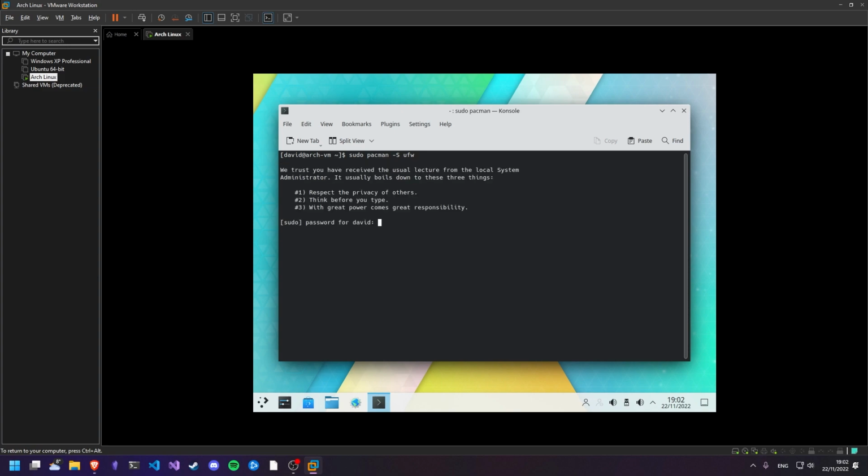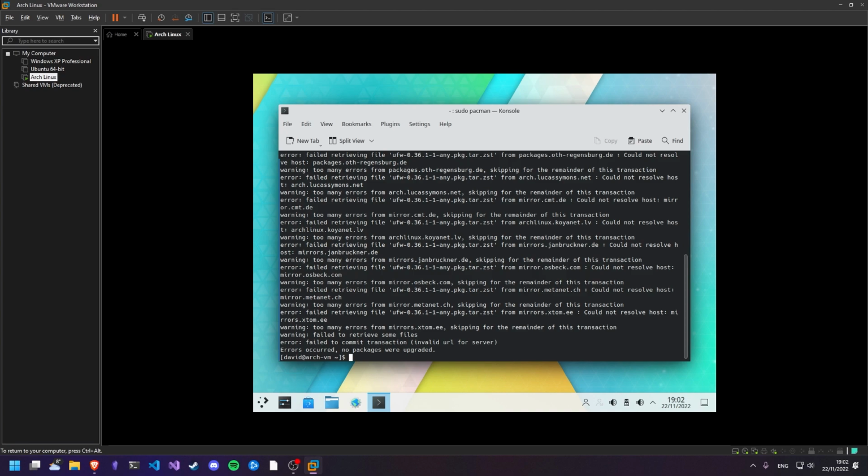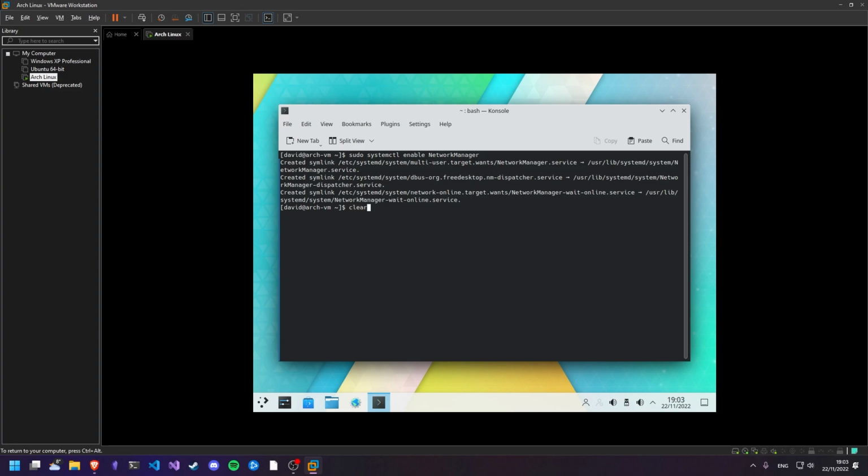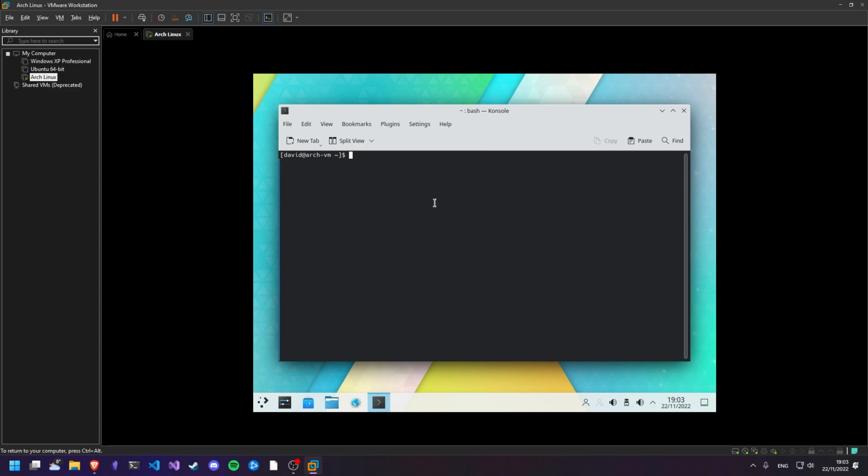And then you'll just get this message when you use sudo for the first time. So we just enter our password. Let's press enter. So the thing with dhclient is you don't need to start it every single time. But what we do need to do is sudo systemctl enable NetworkManager. There we go. So now we won't need to run dhclient every single time,